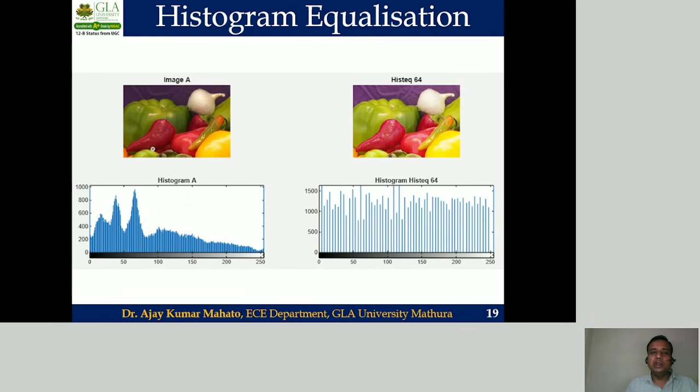In this example, input image A and its histogram are clearly shown in this figure. By looking at the histogram of input image A, we can easily tell that it varies from gray level 0 to gray level 255. However, when we perform the histogram equalization operation on this input image A, in the output we obtain a approximately uniform, approximately flat histogram pattern, and as a result we obtain an enhanced output.